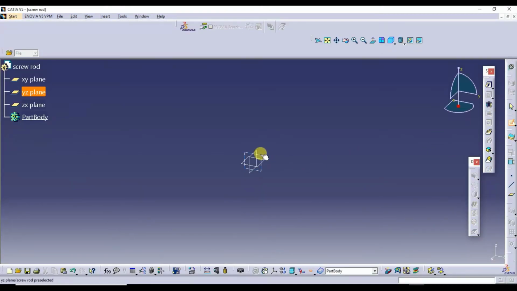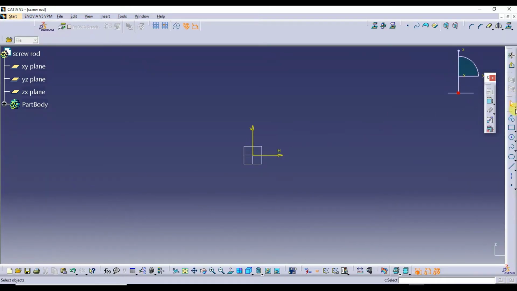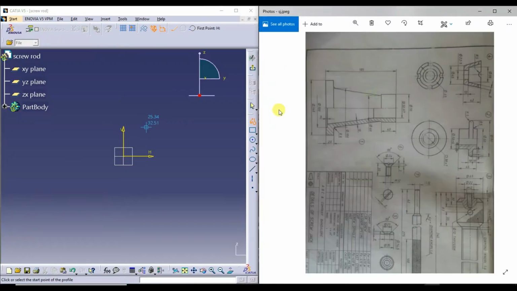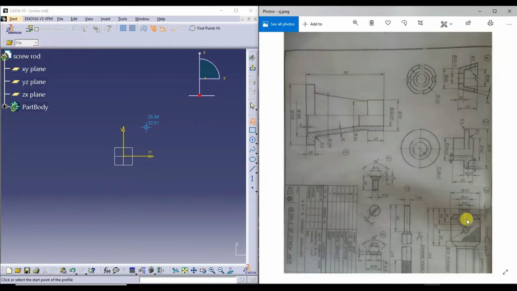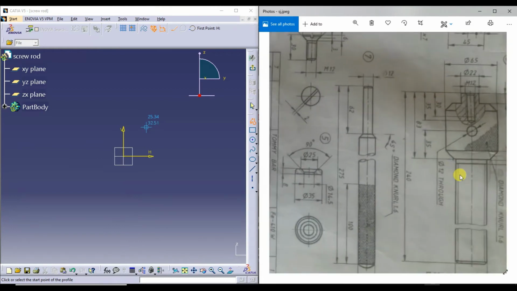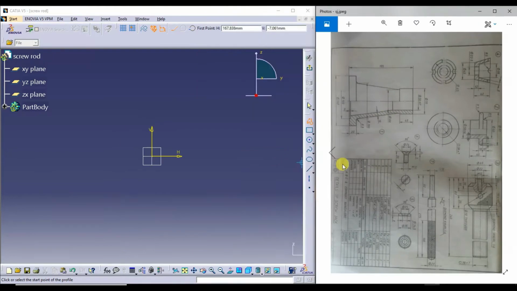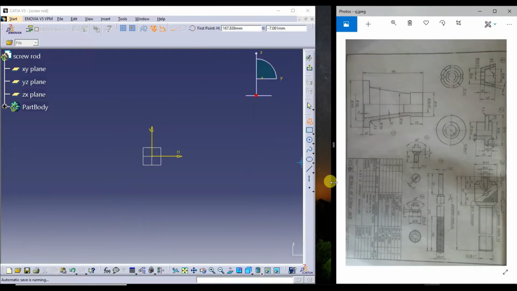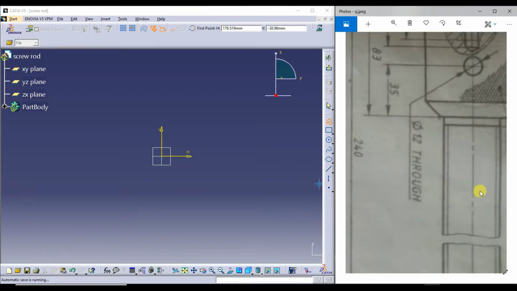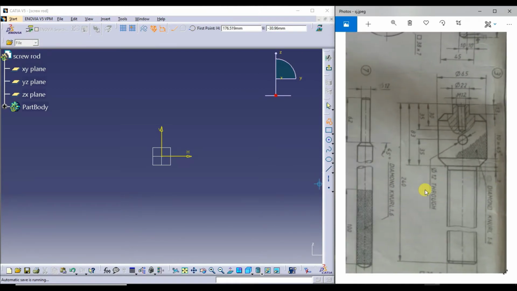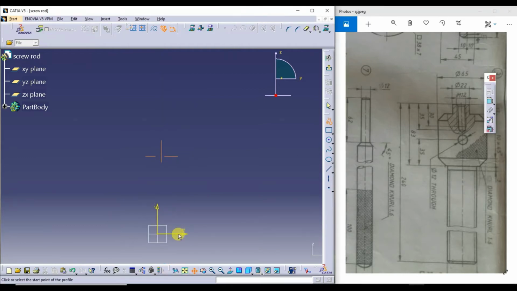I'll select the plane. You select the profile command. Just I'll drag this axis line.